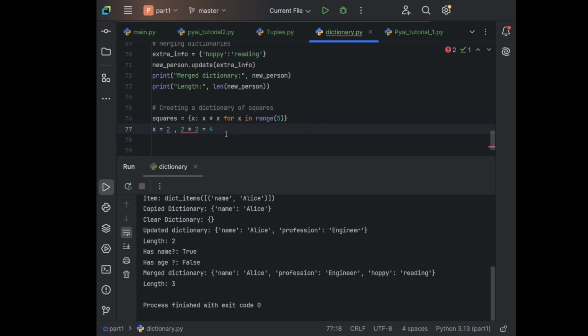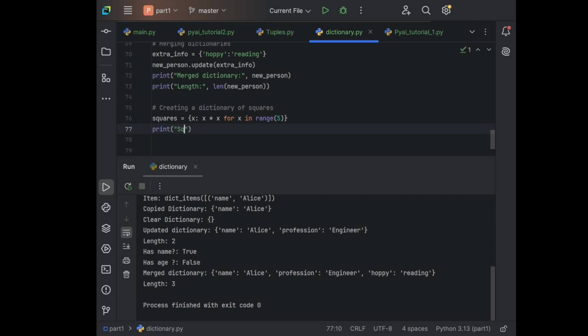That is what is happening, and it will be stored in the squares dictionary as we give a function here, using a for loop with range 5. So this example will create a dictionary where keys are numbers from 0 to 4 and the values are their squares. Like we can print it,